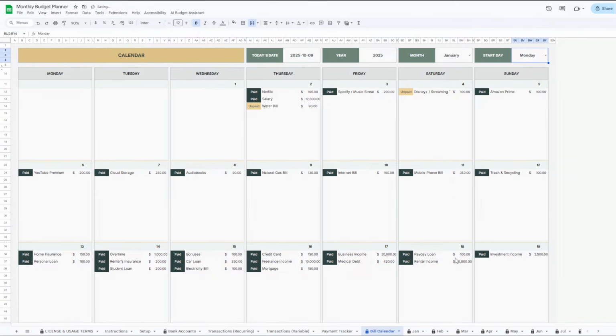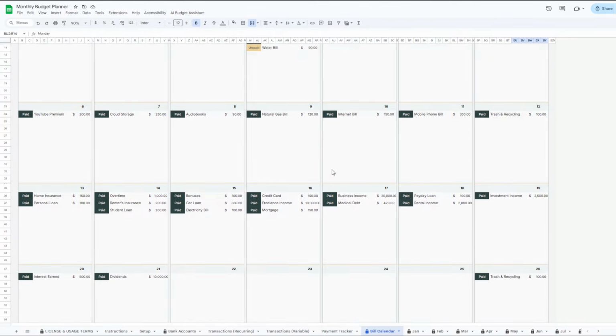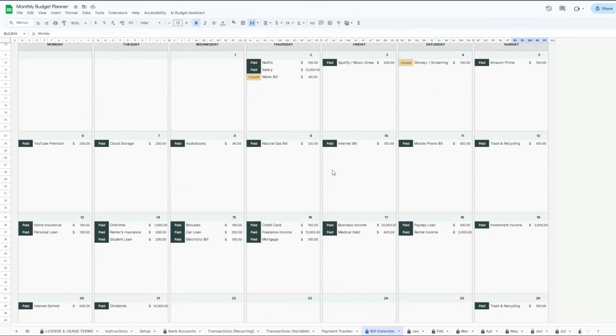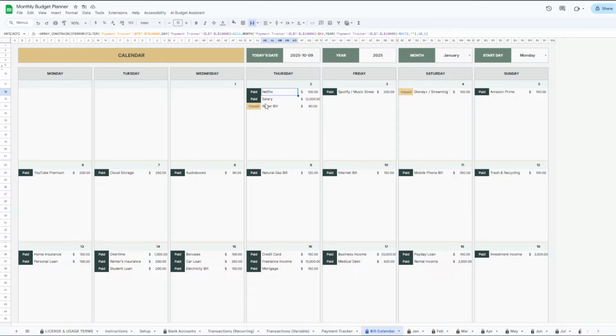As soon as you make these selections, the calendar updates automatically. All of the transactions you entered in the Payment Tracker tab are pulled directly into this calendar. That means you don't have to type anything here. Everything is already filled automatically. Each transaction appears on the correct day, so you can see exactly what's coming up and what has already been